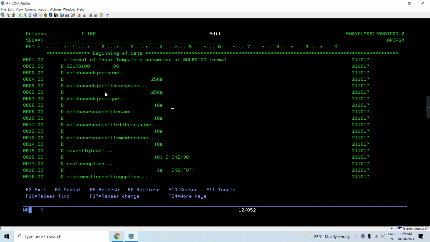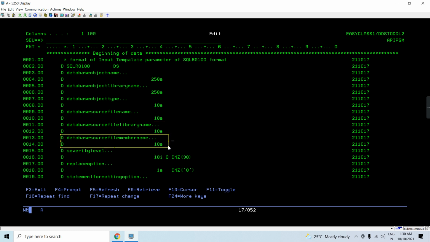So it is going to be table, view, or index in that case, or any other thing like function or procedures, that what you want to generate using this API. So in our case, we will be generating the view, indexes, and tables. So this could be a table, a view, or an index. This is the live source file name. So in the source file which we want to generate the source, this could be this one. If I want, I can provide any other source file name and the source library name in which it is present.